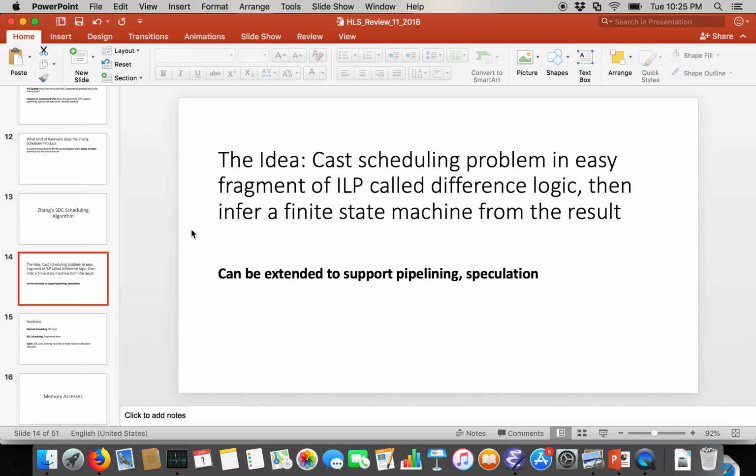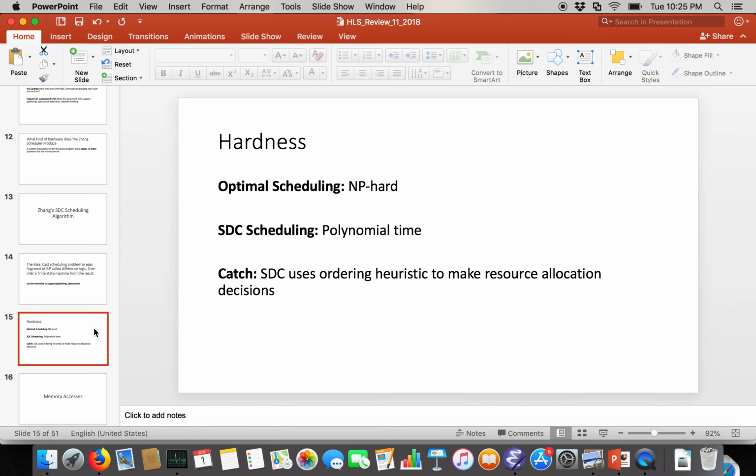And we basically infer a finite state machine from the results of that optimization problem or SAT problem. This simple method can be extended to support pipelining and speculative execution, and I'll talk about that later. But today I want to talk about a more immediate problem. The reason why difference logic was appealing to the people who created the SDC scheduling algorithm is that, as we'll see on this next slide,